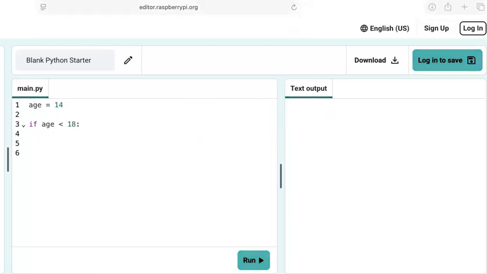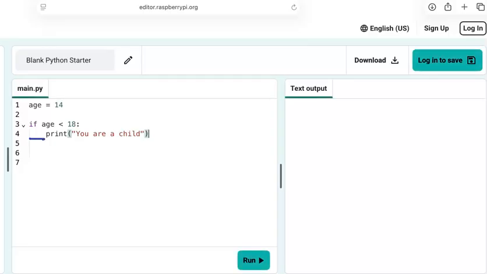So I'm going to add some code, and you'll see that when I press enter, after writing the code there with the colon, it indented the code, and that's on purpose. I'll talk about that in a moment, but I'm just going to put here, print, you are a child. You can see here that there is a little bit of a gap, and the gap here is on